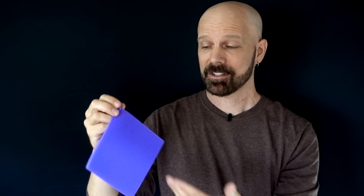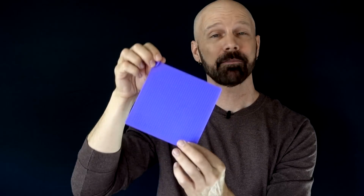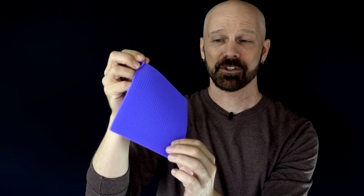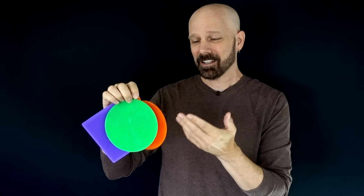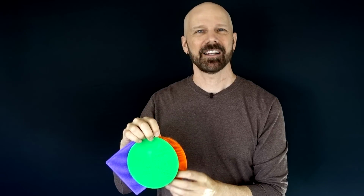One more thing to point out is these can be used as pot holders, but only the purple one can be used as a pot holder because it's the only one that has that surface. So if you need two pot holders, you have to have two packages of these to use two purple ones, or you'll have to use an oven mitt or a pot holder with your other hand. So in the end, I think the Better Sponge is probably more like a slightly better than average kitchen scrubber. Because I think a sponge by definition has to absorb water, and this does not do that. It can also be used as a jar opener or as an oven mitt, not so much as an absorbent